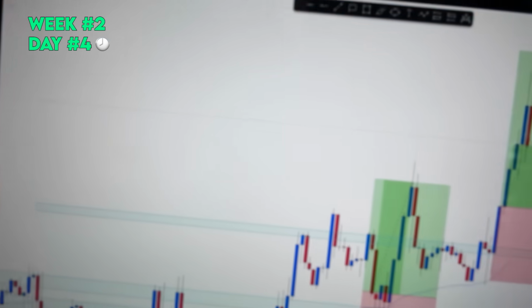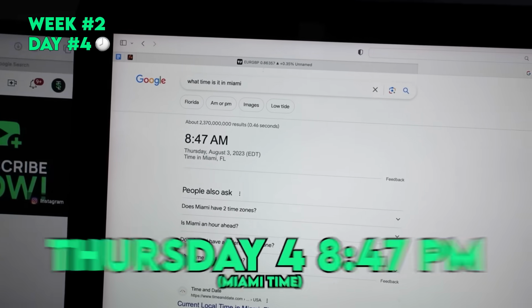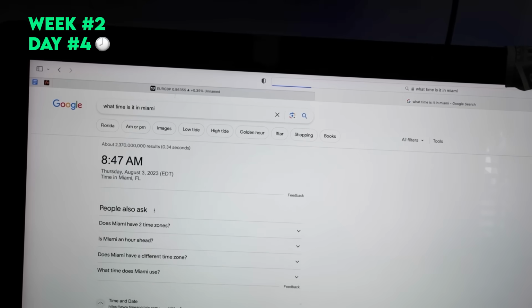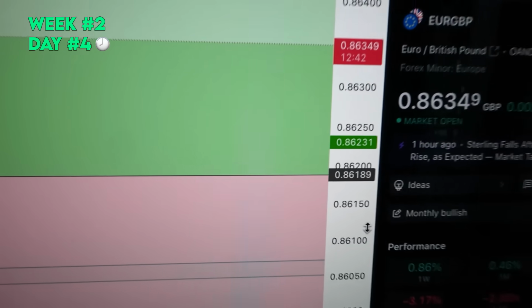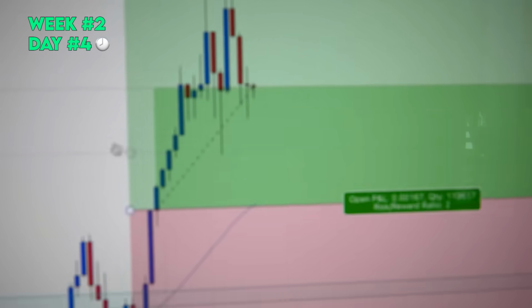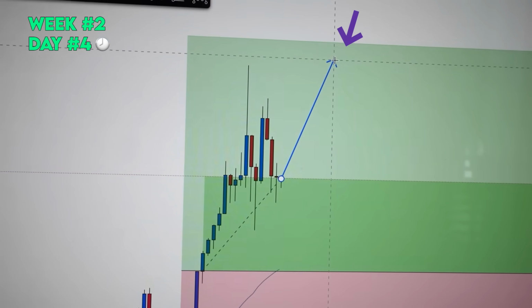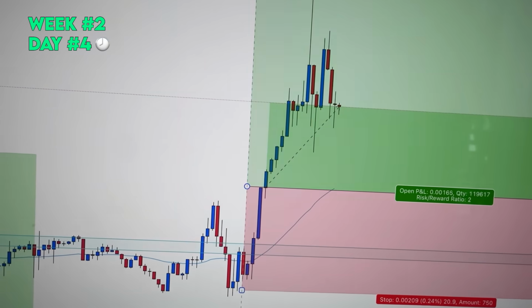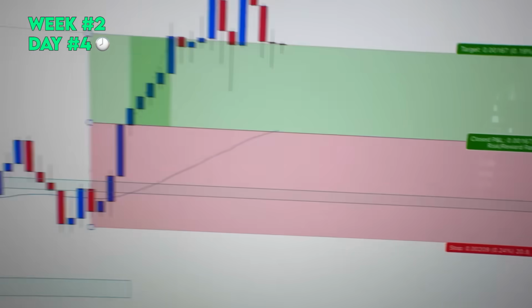So as of right now, this trade is currently, just gonna refresh the time to show you guys that it is 8:47 Miami time. So I'm refreshing it multiple times so you guys see it. And this is where the trade is currently right now. I am going to wait for these next 12 minutes to then play out, because I can potentially see another push on this trade to potentially come to this take profit level. As of right now, we are up on this trade, not even a 1-to-1 risk to reward, which is not ideal at all. So this is where I want to